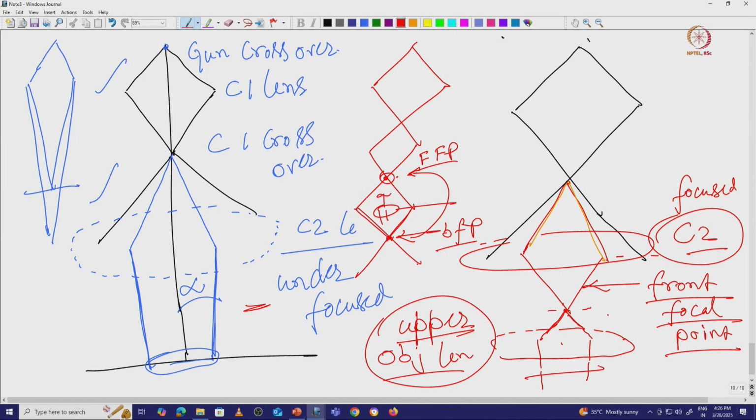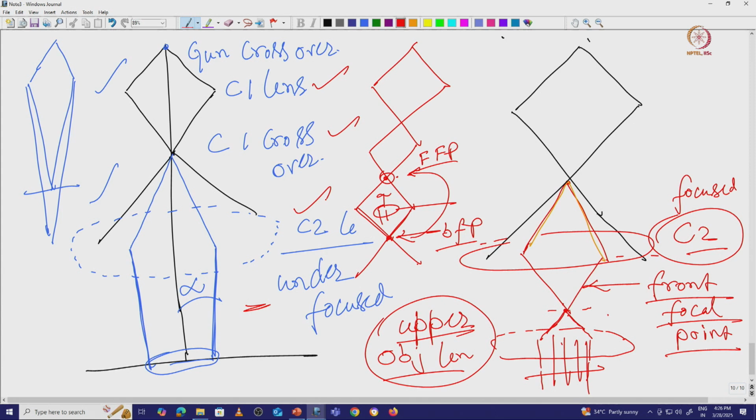This parallel electron beam will pass through our sample. Here you can see all these lenses have a very important role, where we are using the C1 lens to make the crossover point up, and then we are using the C2 lens to converge at one particular point, which is helping